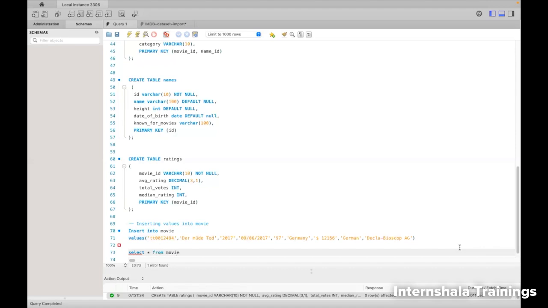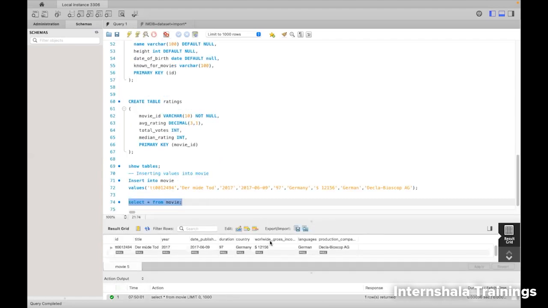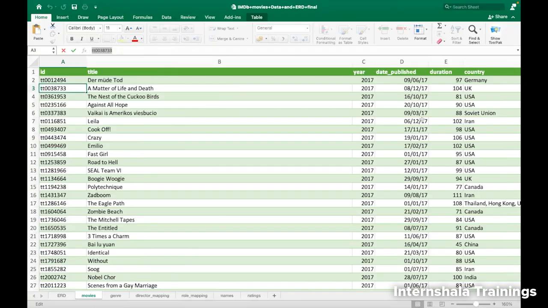Star indicates all, so it means select all from movie. Let me select it and run. You can see in the output screen that in the movie table, we have the columns ID, title, year, date published and so on, and we have the values as these entries, the way they are in our